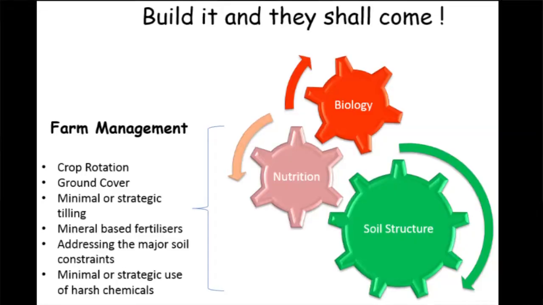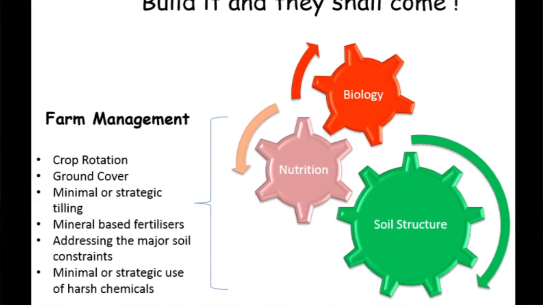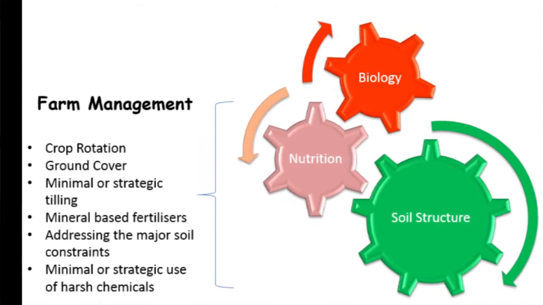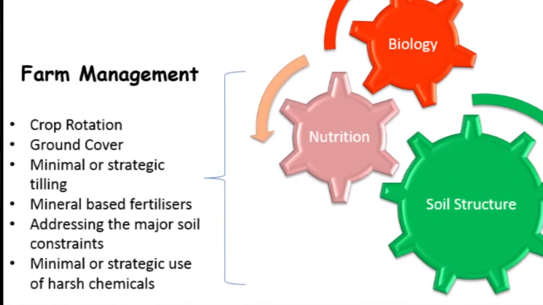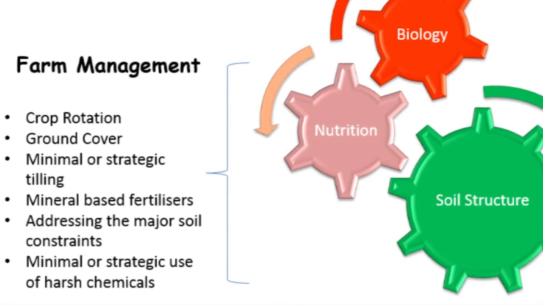It's just not picking a biological product from a shelf and putting it into a farm. It's more of a systems approach. It includes things like crop rotation, ground cover, using more mineral-based fertilizers, minimal till or no-till practices, and also using far less harmful chemical fertilizers, and allowing the biology and the microbes in the soil to interact with the plants to give a better